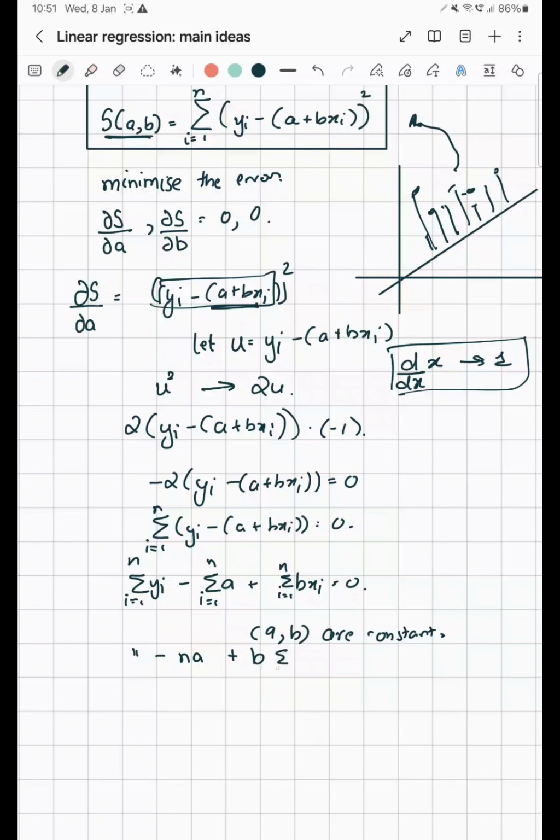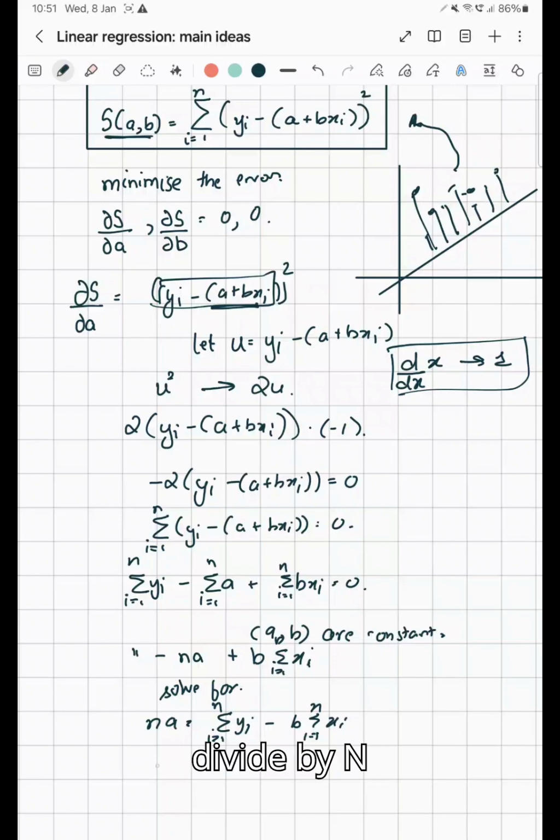And then b times the sum of xi. So if you solve for a, meaning basically rearrange the equation, you get na equal to this, right? And divide by n, you get finally